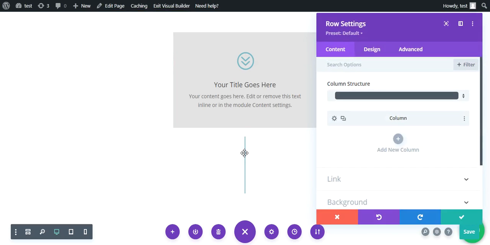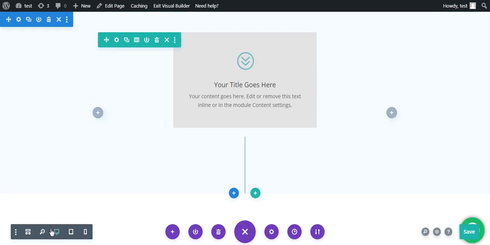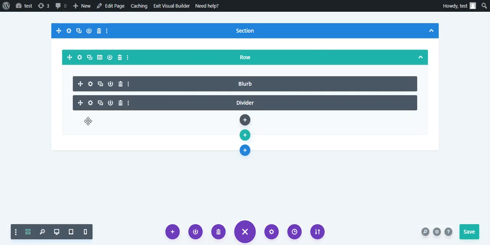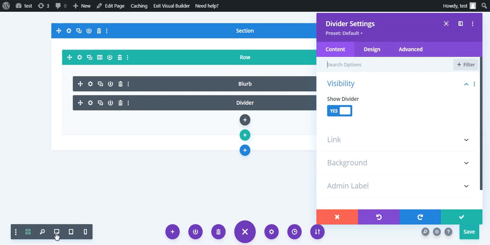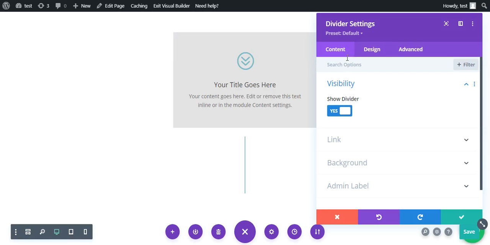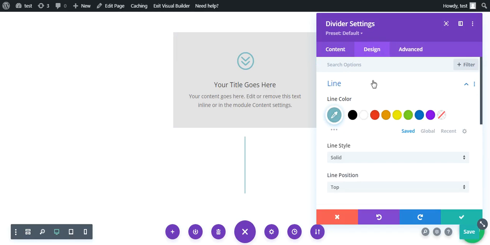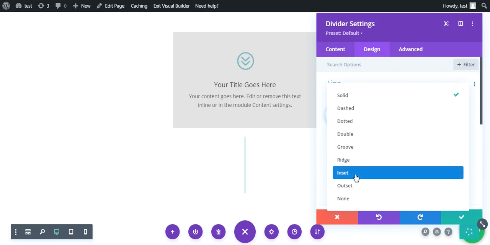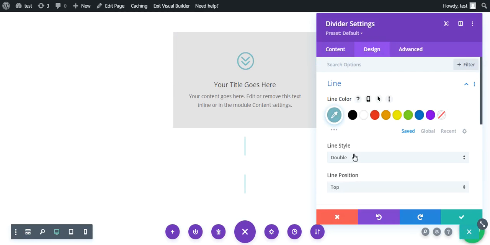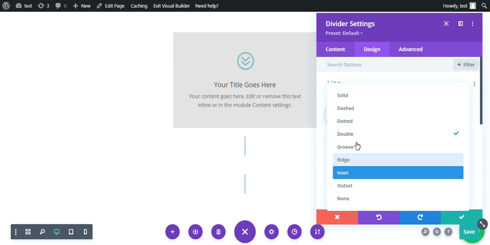Select the divider, and let's see what options are available. Let this be solid, or you can have anything convenient. Let this be solid for now.